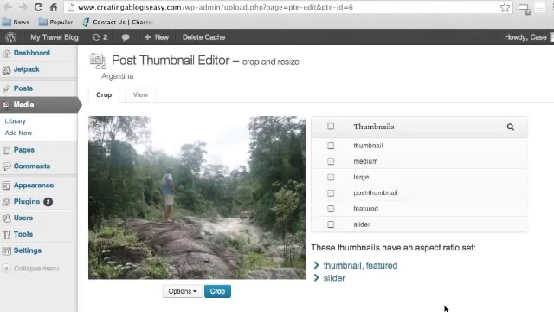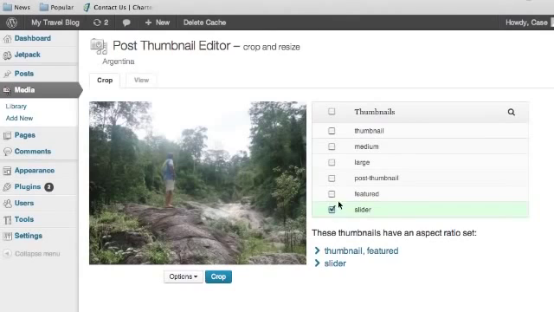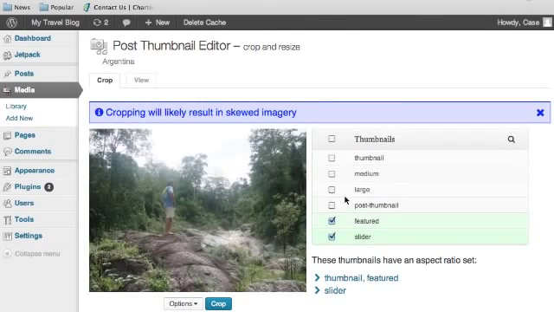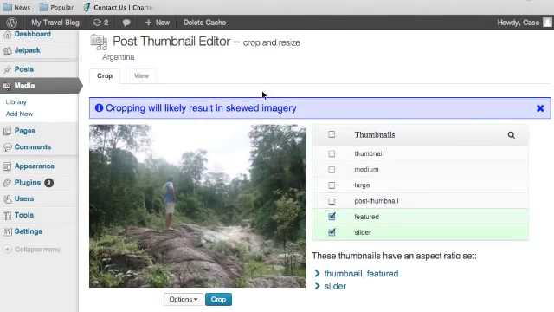So let's click that. And let's click on Slider, and let's click Featured. And if you get this same caption right here, just disregard it because it does not relate to what we're doing right now. So let's crop this photo,